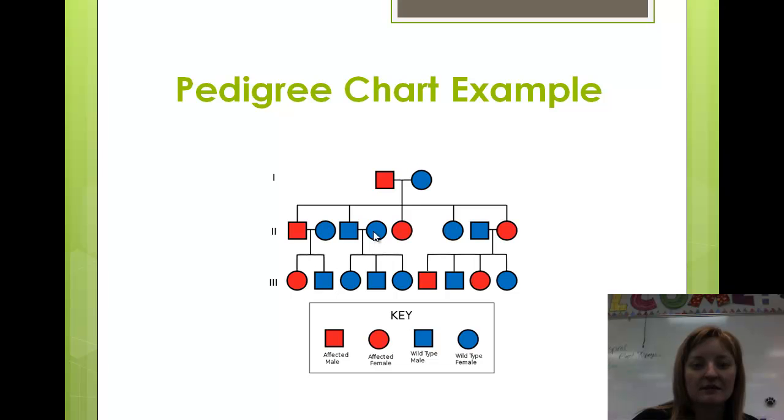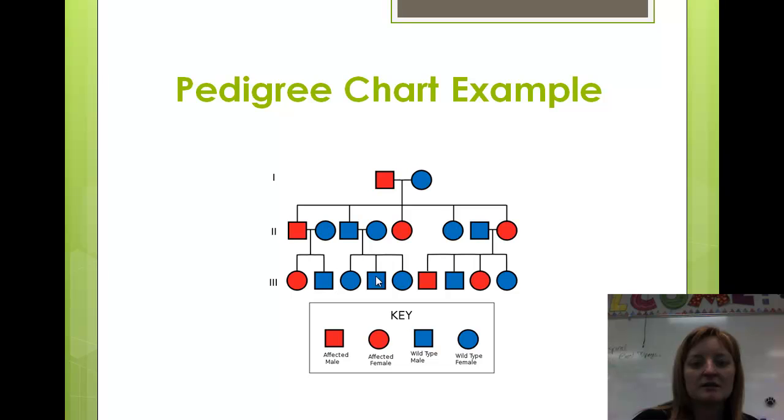This family that grew, the grandchildren did not have anybody affected. This family, one girl was affected and the boy was not. And in this family with 4 children, a boy and a girl were affected and a boy and a girl were not affected. So what we can see from this is that it's not sex-linked, because if it was a